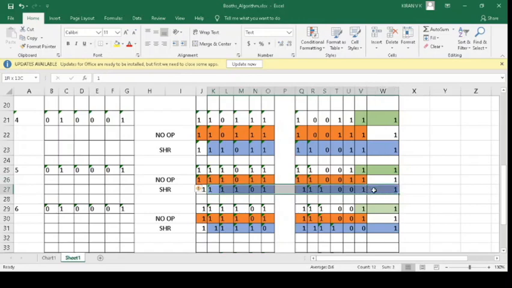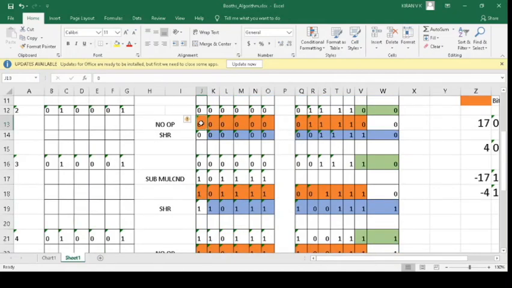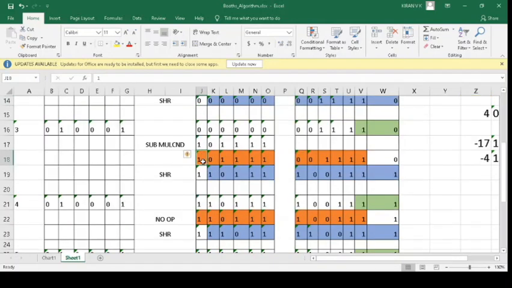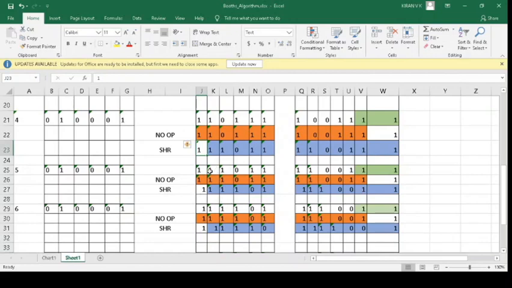So note that when we performed a shift right after the subtract multiplicand operation, we replaced the empty position with 1 from the MSB of the multiplier. As I told you, always after a shift right operation copy the MSB of the multiplier. Here in this case the MSB was 1, so we copied it here. In step 4 again the MSB was 1, so we copied it here. Similarly you have step 5, no operation, a shift right, copy of 1 from the MSB position.